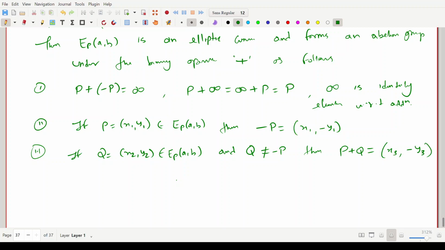I'll tell you how this x3 and y3 are obtained. x3 is equal to lambda square minus x1 minus x2, and y3 is equal to lambda x3 plus